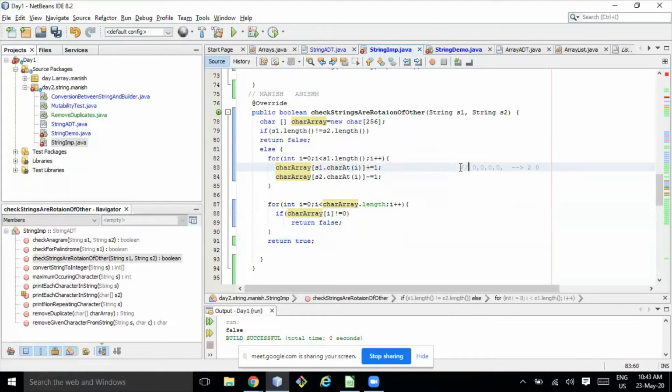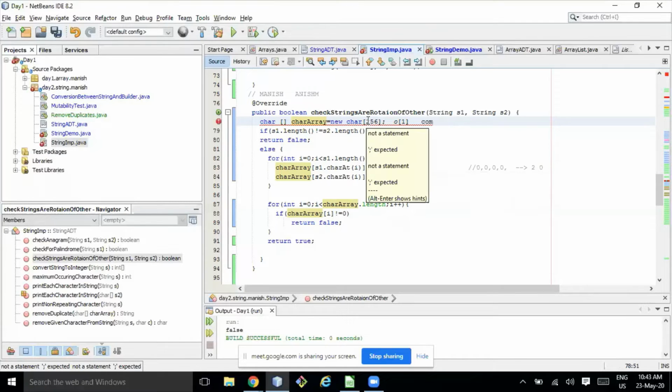Let me tell you the demerits of my approach. First, I used order of 1 space complexity. I won't say n, because it is always fixed at 256, no matter how big the array is.